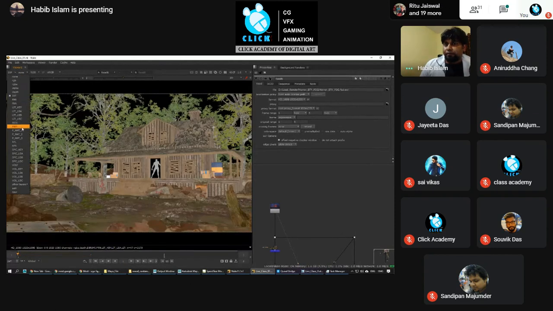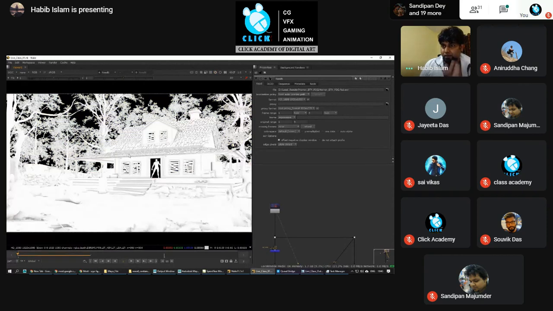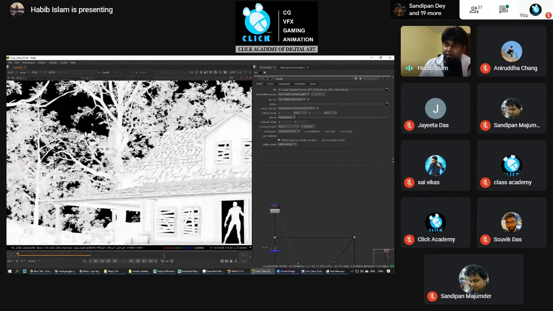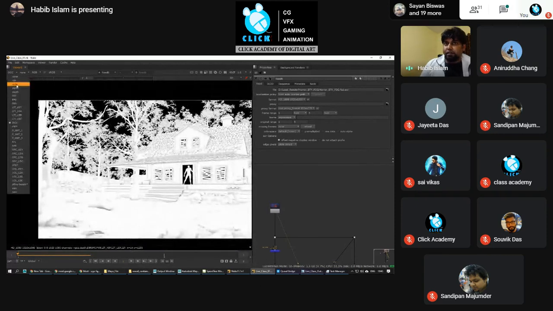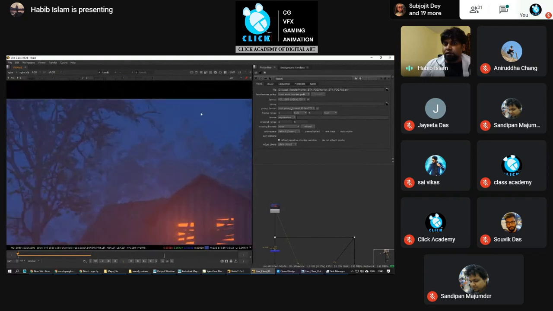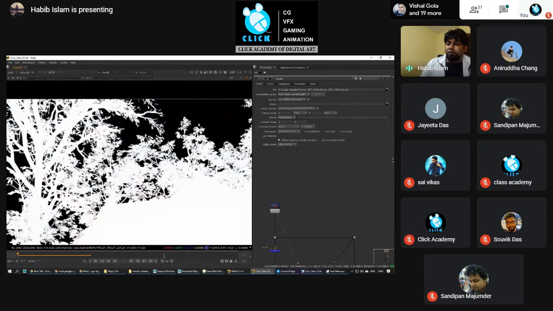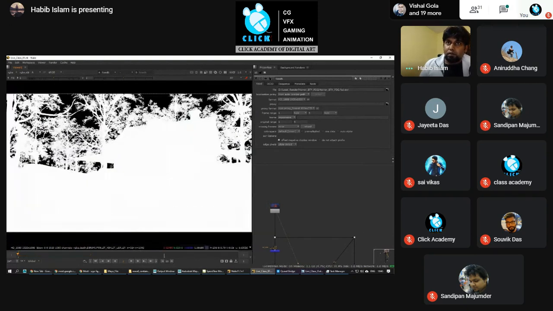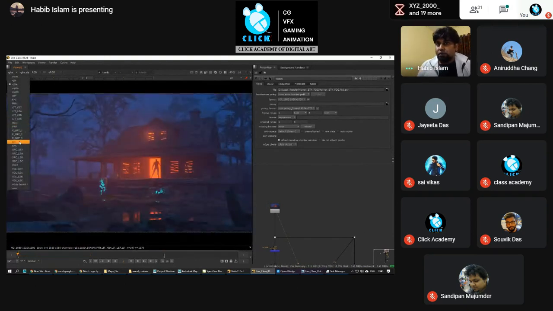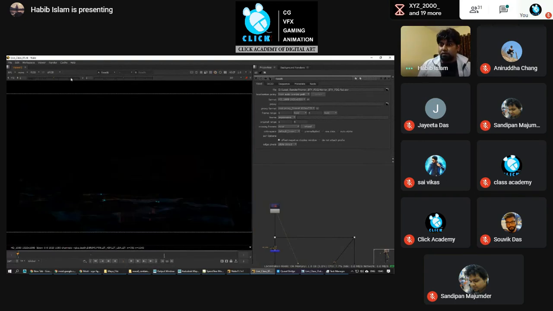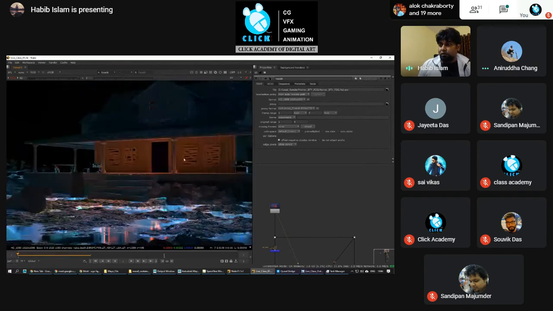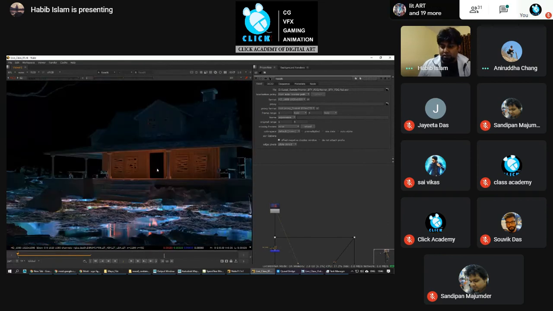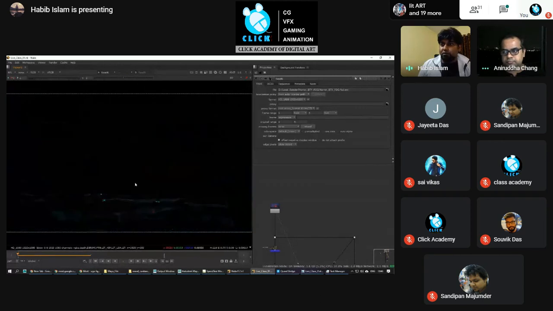Then this is the occlusion pass. If you see, I kept the environment, the sky, blank only so that I can add the sky later on. Right now, because of the fog, it looks like the sky is there. But if you go to alpha, actually the sky is not there. It's only the fog. Okay. Then this is the reflection pass. If you see, even with the high quality rendering, I'm getting some little noise here. But that's fine. It's not visible in the final output.